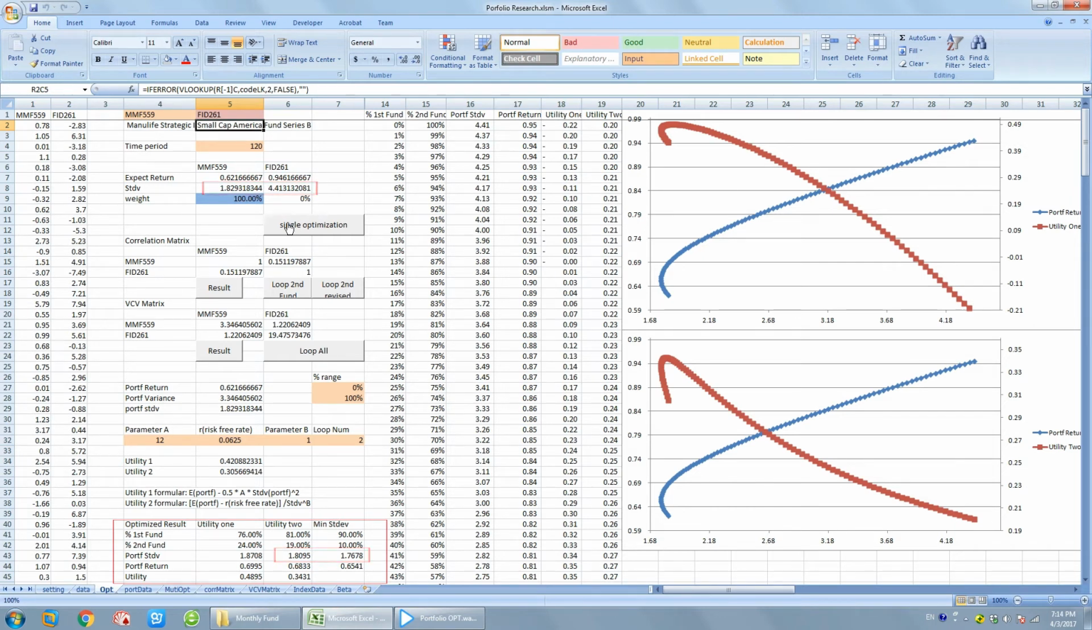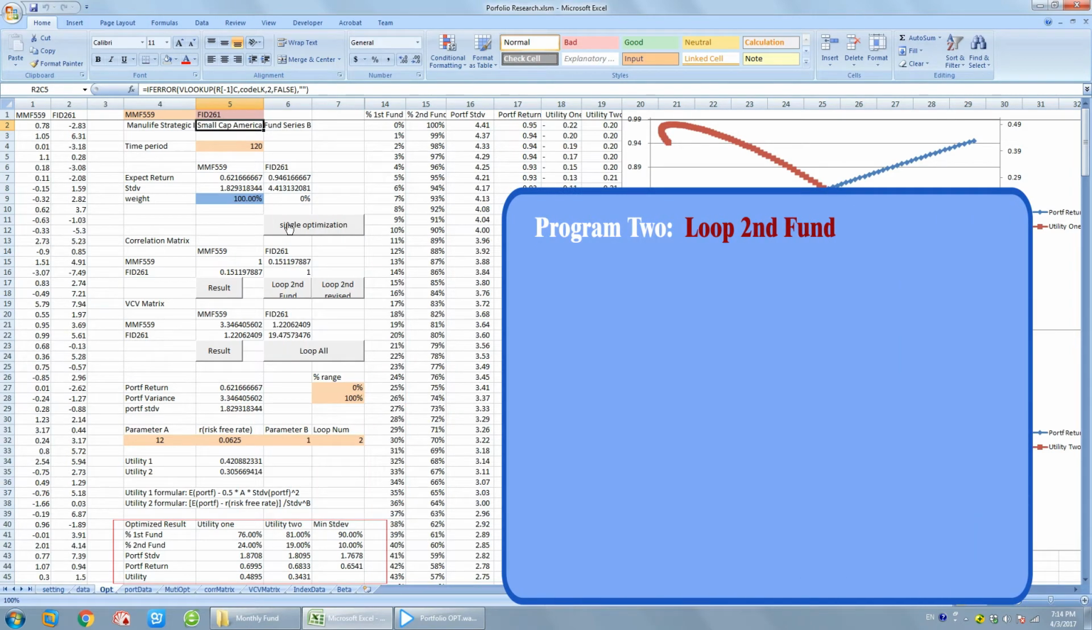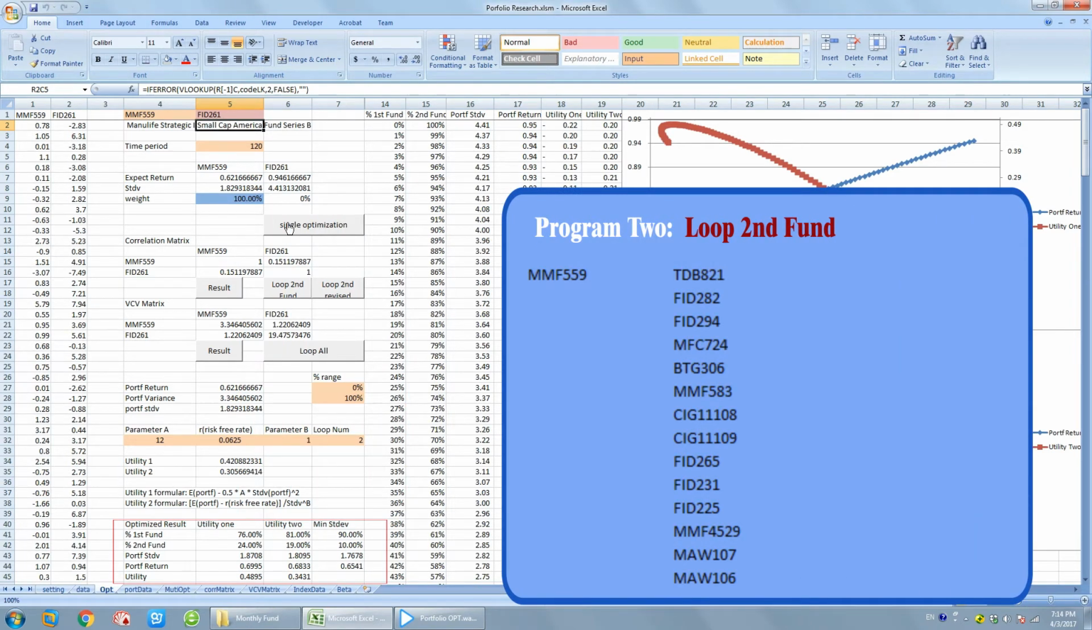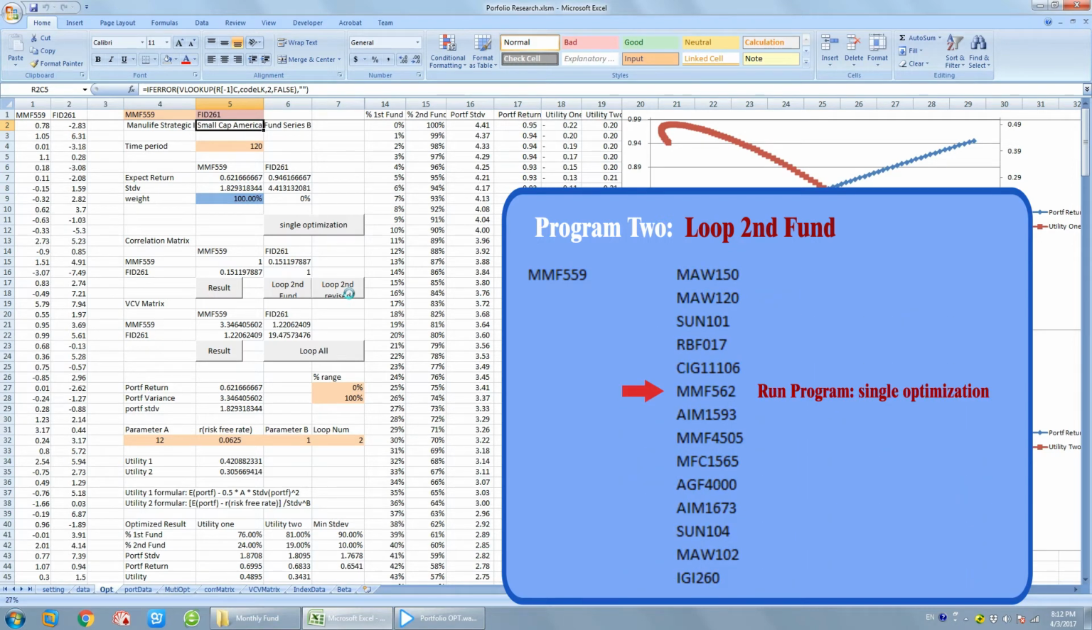Now we can go one step further. Let's say we want to find the optimized results between MMF559 and every single fund available in the database. Here is the program. I call it loop second fund. It leaves the first fund, Manulife 559, untouched. The second fund will loop through all the funds available in the database. And in every loop circle, it will run the program single optimization to get the optimized results and put them